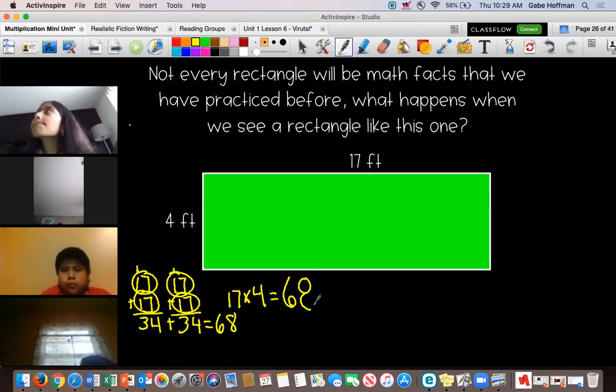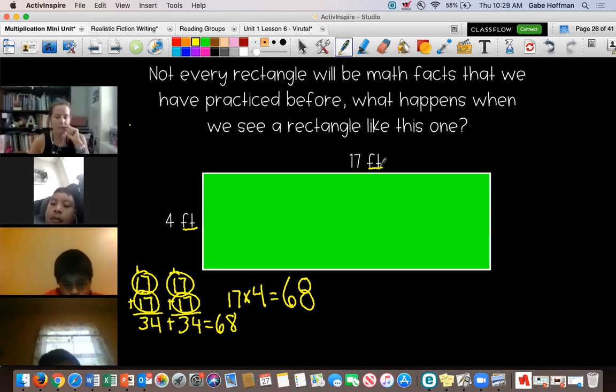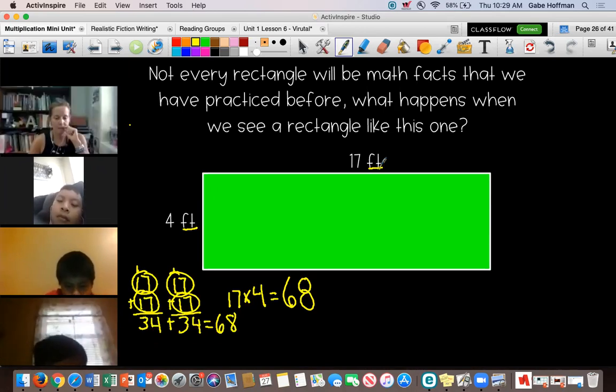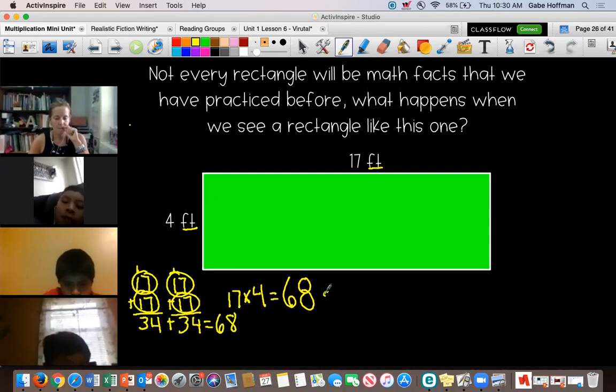Now this is when we said we have square units. What is the unit? Denise, can you tell me what unit are we measuring in on this one right here? What unit do we have on the rectangle? So I'll underline it. What unit is that? Unit is feet. Feet. So our answer is 68 square